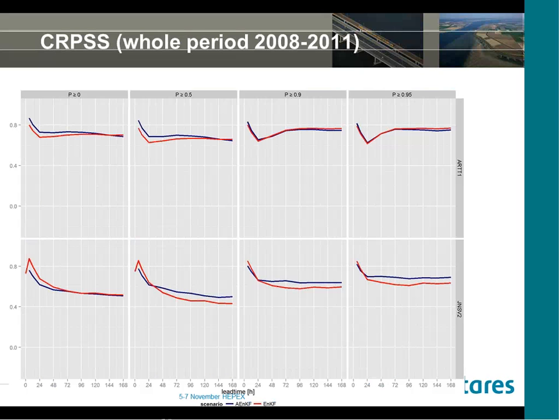We also did a CRPS comparison using sample climatology as reference forecast as a function of lead time. This is the upstream location, this is the downstream location. Overall, the differences are not very great. I would tend to say that the asynchronous ensemble Kalman filter, with its updating every 12 hours, seems to be working quite well here, and gives slightly better results compared to the ensemble Kalman filter.